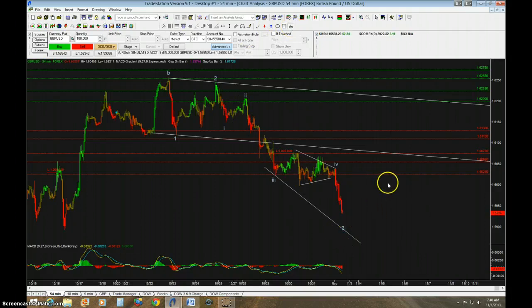Then we'll get a fourth wave and a fifth wave, of course. And when those 1, 2, 3, 4, 5 waves are over, just like this, 1, 2, 3, when it finishes, then it'll make a 4 and then a 5. When that's over, that entire movement, I believe, will simply be 1.